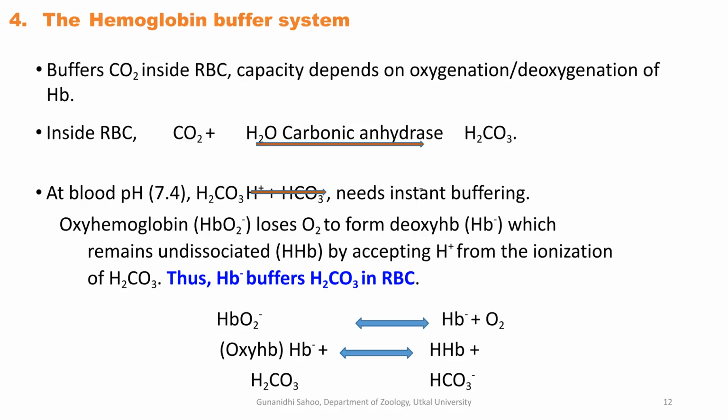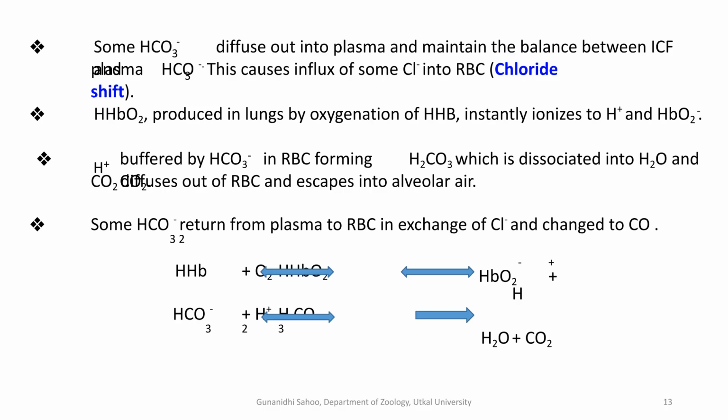The hemoglobin buffer system buffers carbon dioxide inside red blood cells. Deoxygenated hemoglobin accepts H+ from the ionization of carbonic acid, buffering it instantaneously. Bicarbonate ions move out of red blood cells and into plasma, causing a chloride shift. In the lungs, oxygenated hemoglobin instantly ionizes, and the released H+ is buffered by bicarbonate, forming carbon dioxide that is